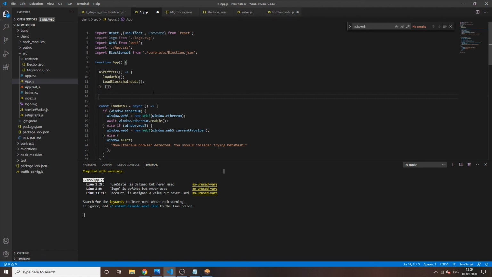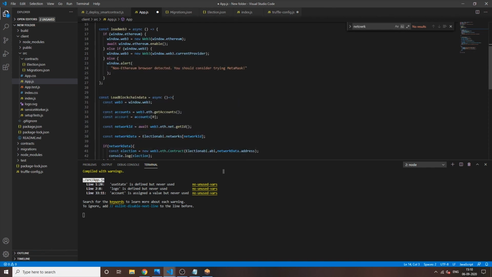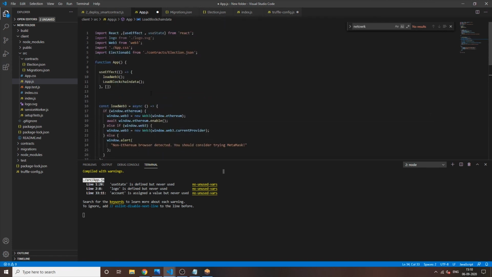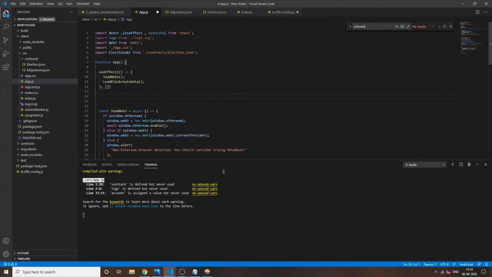There are state variables, like you can say a state variable is a public variable that is made outside of the functions and that can be set anywhere. Like I'll set the accounts in the loadBlockchainData. When we have loaded all the accounts, I'll set the account as account 0, at the 0 position.